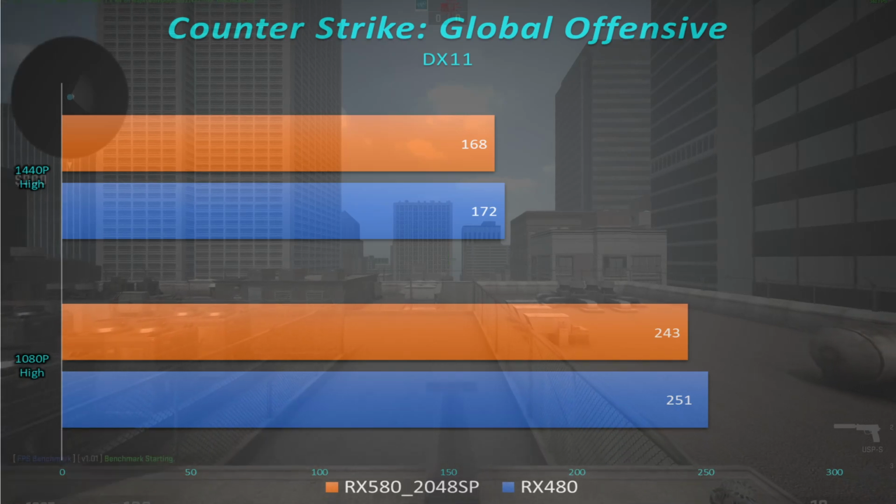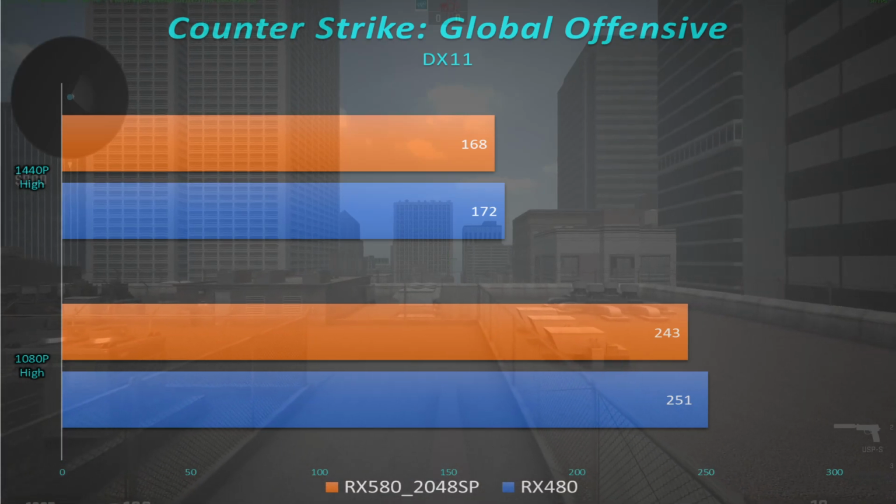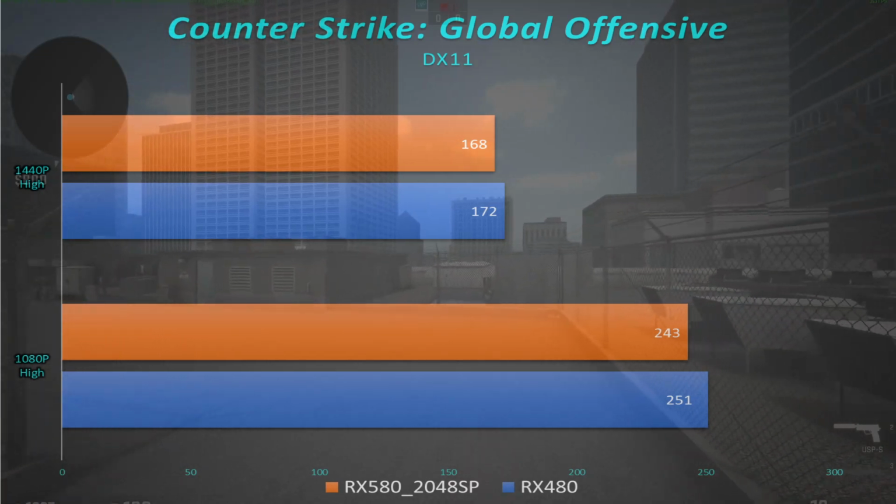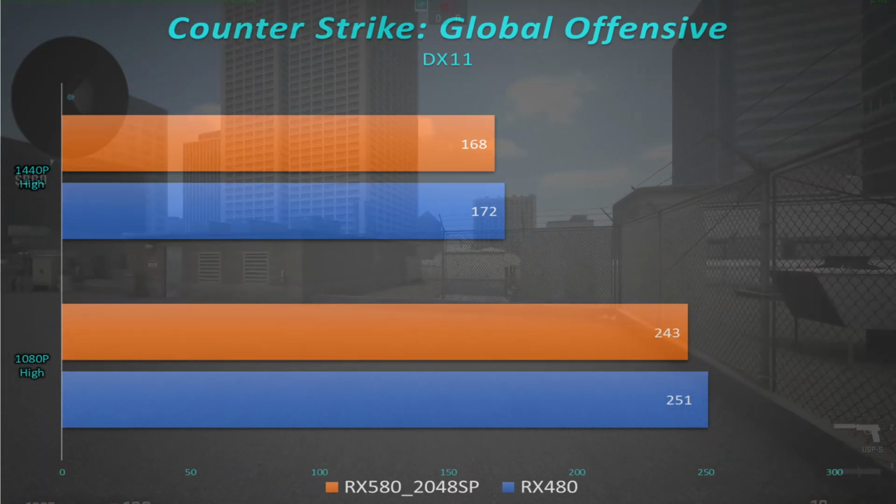They're within a couple of frames, and when you're talking a couple of 100 frames per second, a few frames aren't going to matter. Again, it's a statistical dead heat, and both of these perform very, very well. So looking at this, you're probably thinking, well, if both these cards are the same, then why are you making